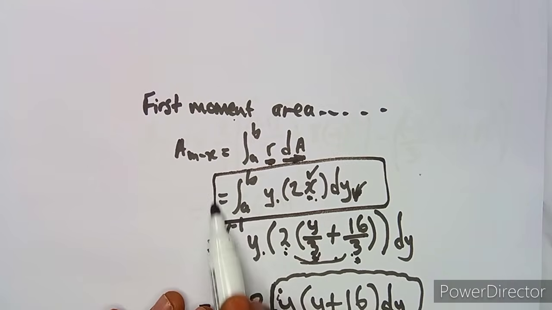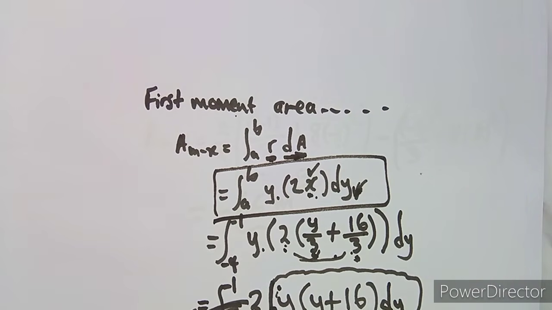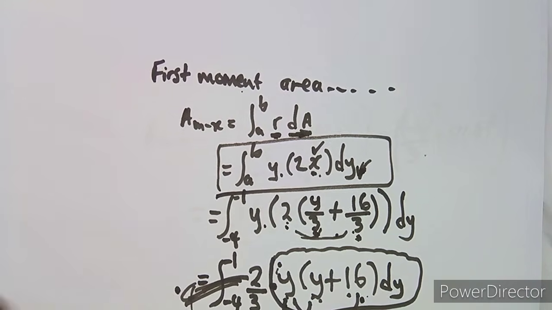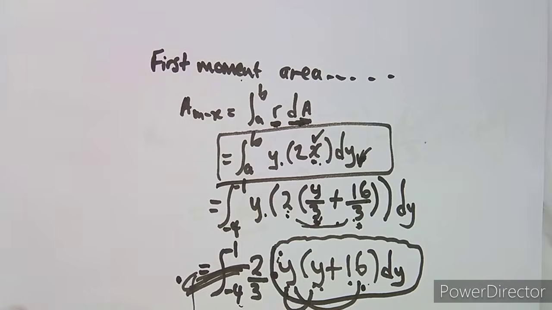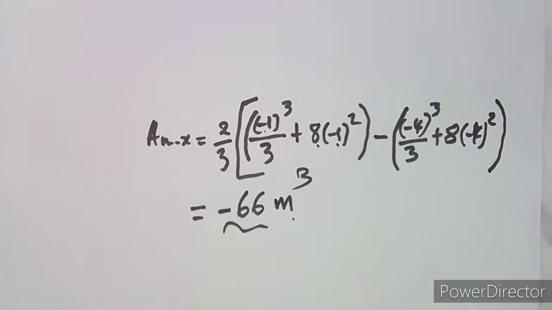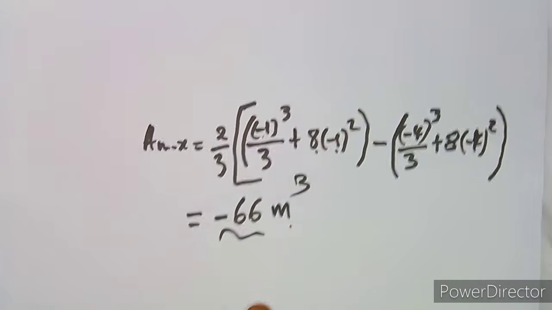So the moment you have this formula, you just need to substitute. As you can see, if your relationship is wrong, everything that you're going to do here will be wrong. So make sure that the relationship between x and y is actually correct. Once at this stage, it's now easier for us to calculate. So this is our first area moment. Let's just put it aside, and let's see the next question here.